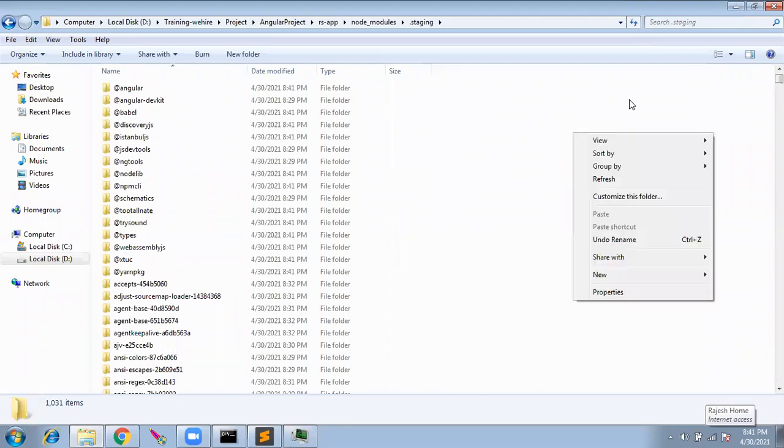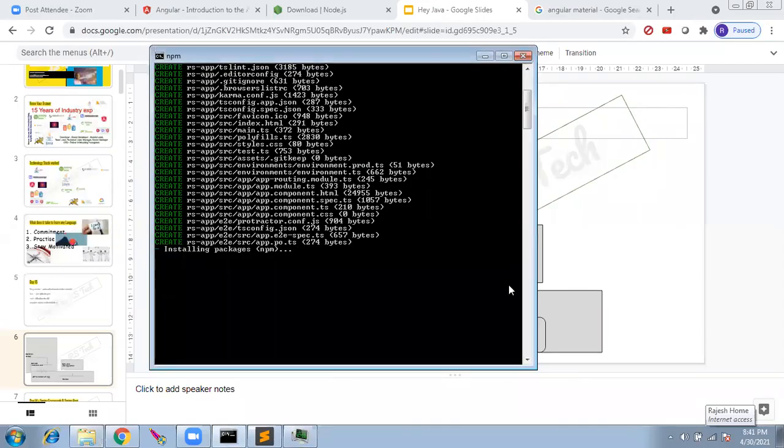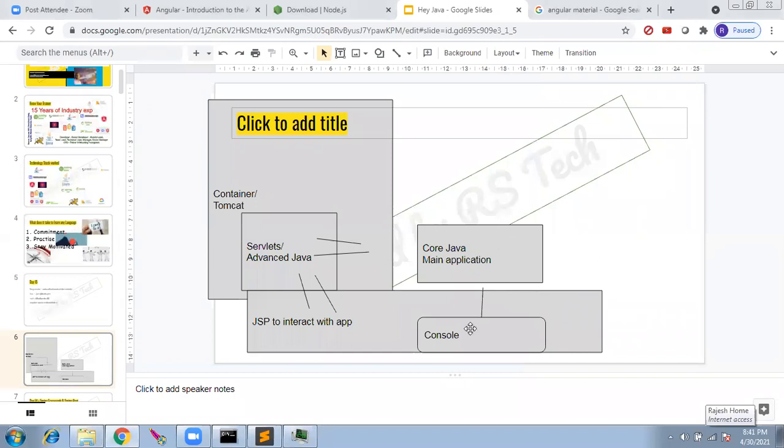So core Java was able to run individually, so he didn't search for anyone else, but this guy cannot run, so he searched for a container.